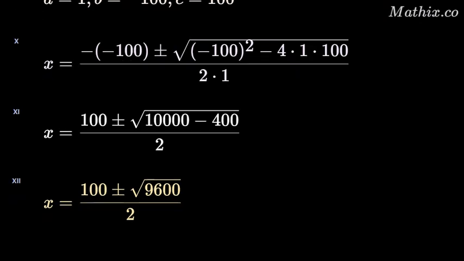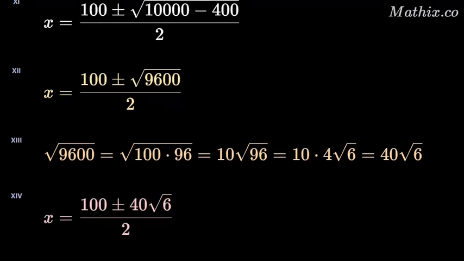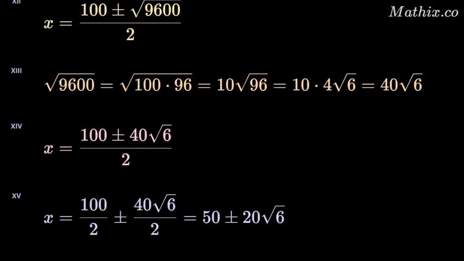We simplify the square root of 9,600 by factoring it into 10 times the square root of 96, then further to 40 times the square root of 6. We rewrite x as 100 plus or minus 40 times the square root of 6, all divided by 2. We divide both terms in the numerator by 2 to get 50 plus or minus 20 times the square root